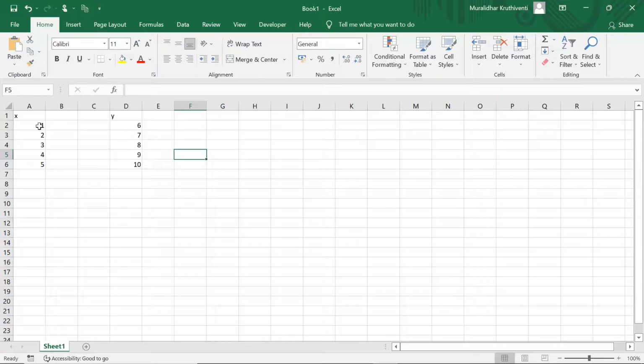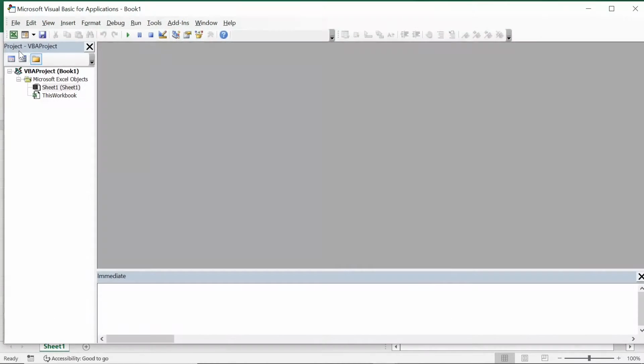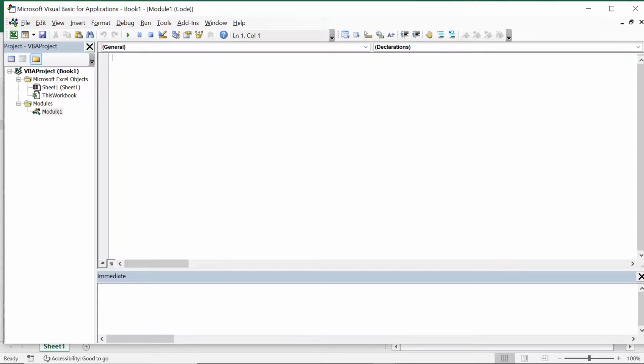So first of all, we'll see how we move from this cell to this cell, from this cell to this cell. Let us go to the developer tab and go to Visual Basic, insert module. Here I'll create a routine sub LST, and here we'll give this range of A2, that is the first row which has got the value, range A2 dot